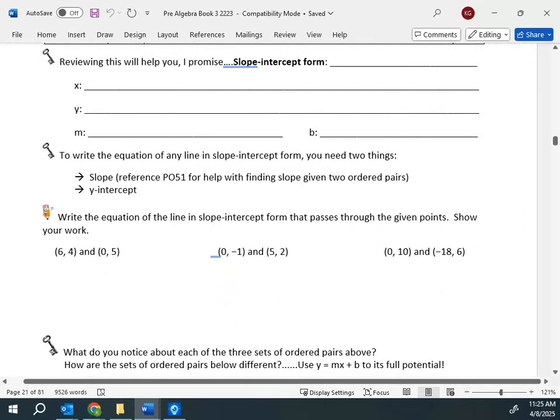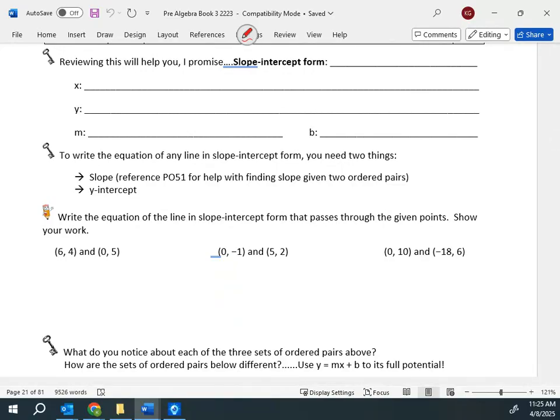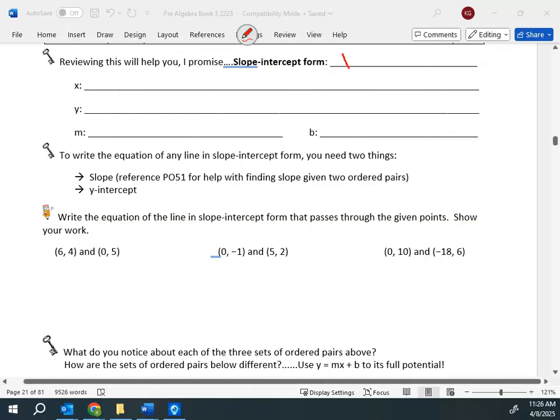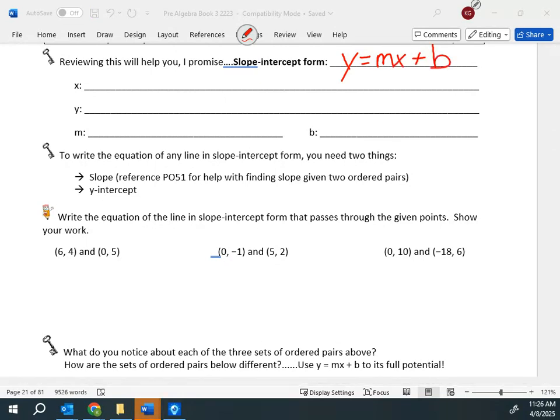What we're going to review, and this review always helps us. So we're going to write out slope-intercept form. Everybody say it for me. Y equals mx plus b. What is the x? Who can tell me? Robbie: The x value of any ordered pair